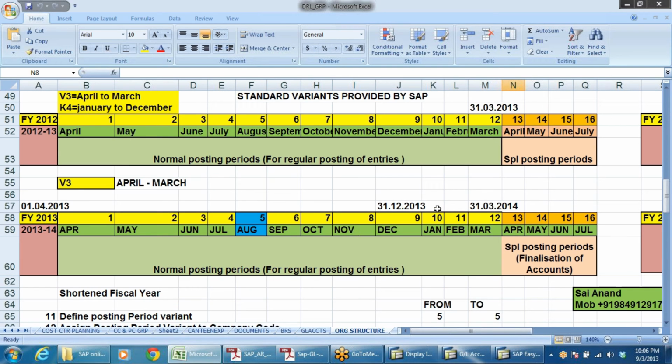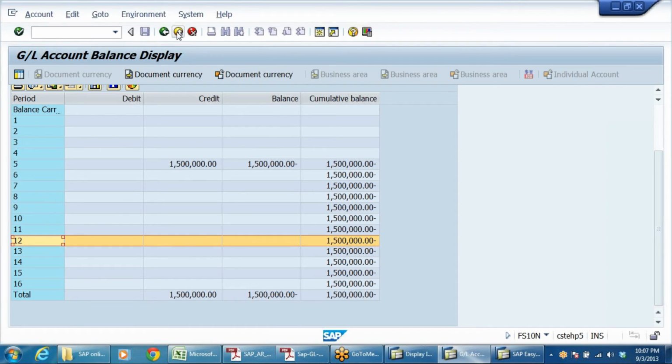This doubt I have already clarified when we were discussing at the beginning. That's why I am showing you 2 accounting periods. 2012, that is 2012-13, will be completed on 31st March. And here the special periods are up to July 16th. But if you are going to post an accounting entry in the month of April, you'll take the 13th period here, and here you are going to take the first period. Here you are going to take the 14th period, here the second period. So both will be kept open, but the periods are different. Yes, I understood.